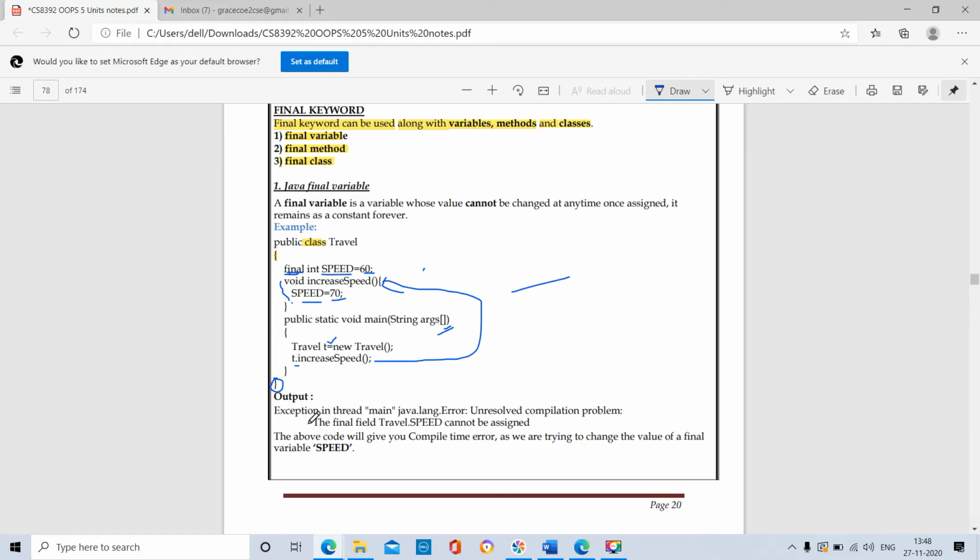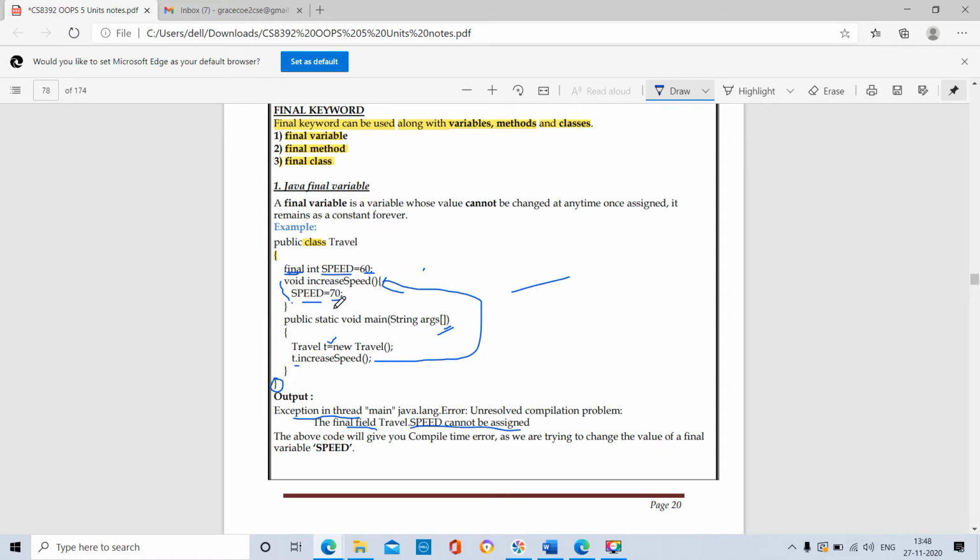See, it is showing the error: Exception in thread main, unresolved compilation problem. These are exceptions we get while running our application program. The final field Travel.speed cannot be assigned.